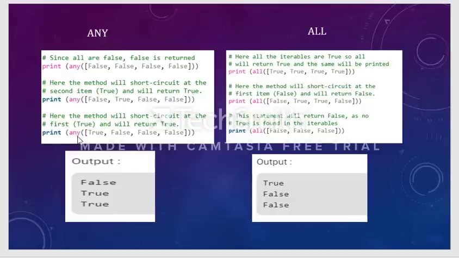Similarly here also, any, true, false, false, false. Out of four values, three are false and one is true. Any one of the values is true, so it is true. So you'll get the answer as first one is false, second one is true, and third one is true. So any corresponds to the logical or operation in Python.